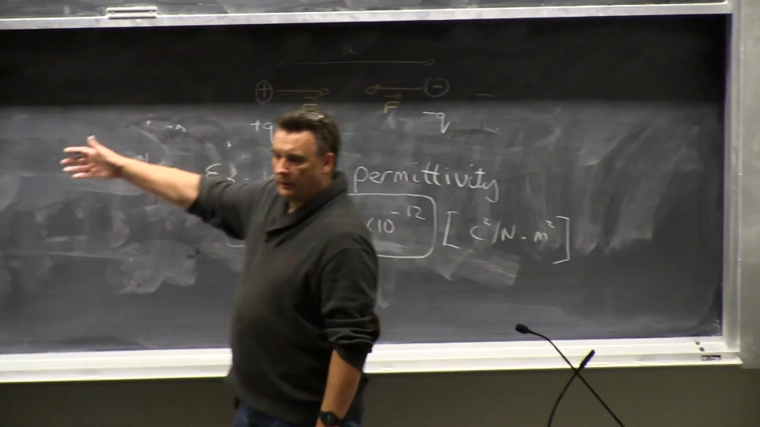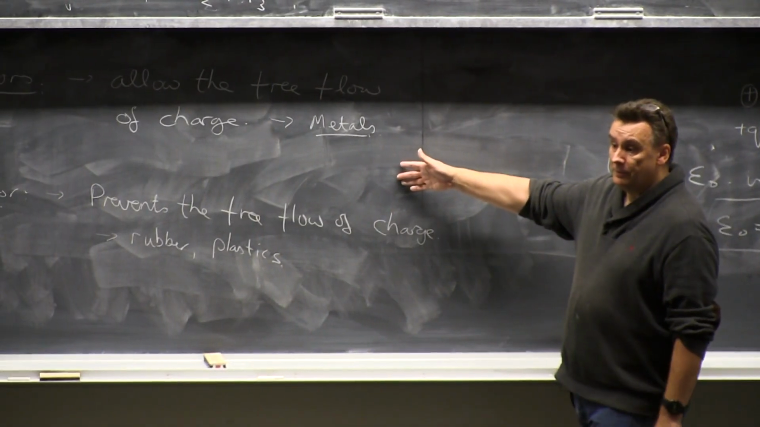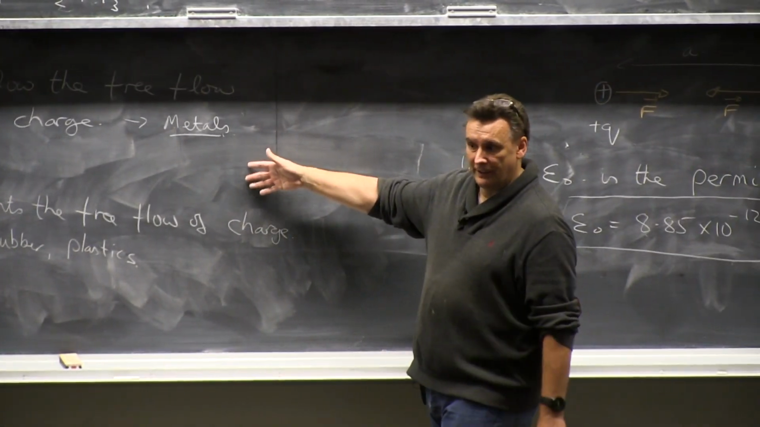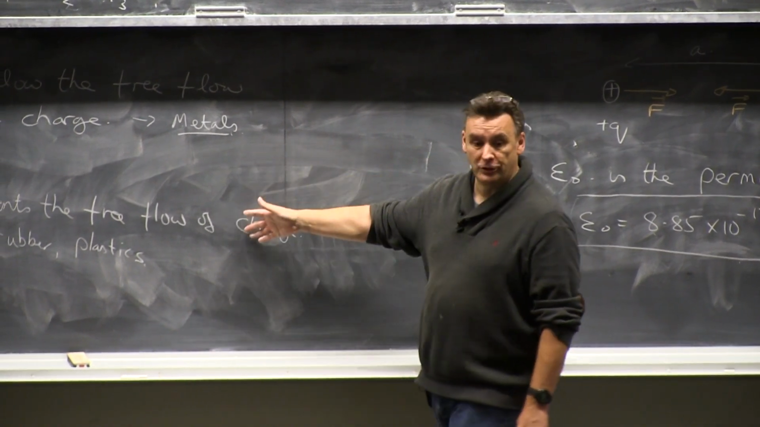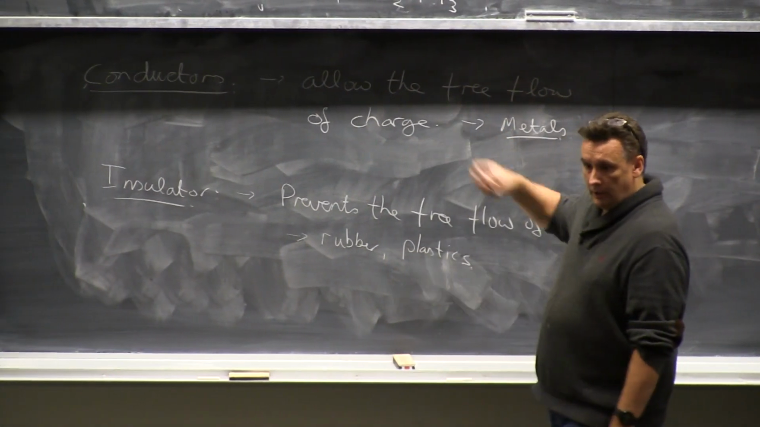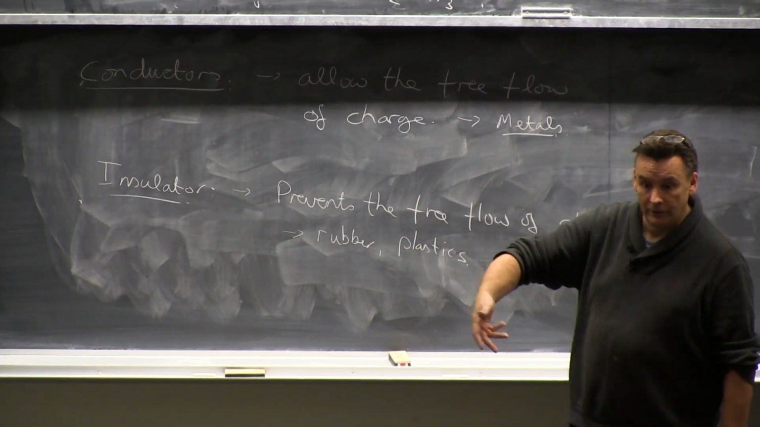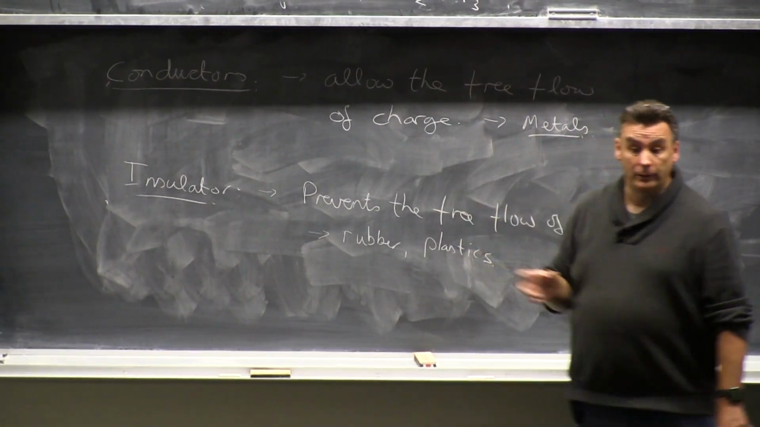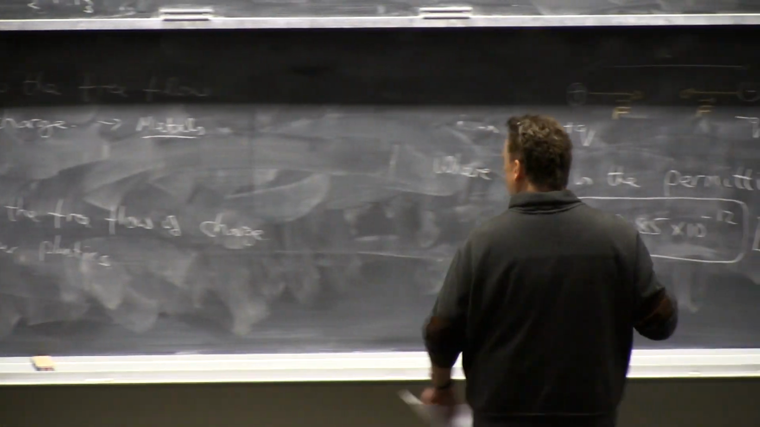This doesn't mean that we can't charge up an insulator. We can still charge, we can add charge to it. It's just the charge can't move around once we add it. In a conductor, we can add charge to the conductor, but the charge is free to move around. So that leads to